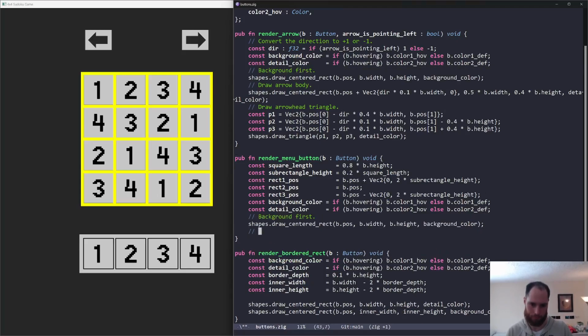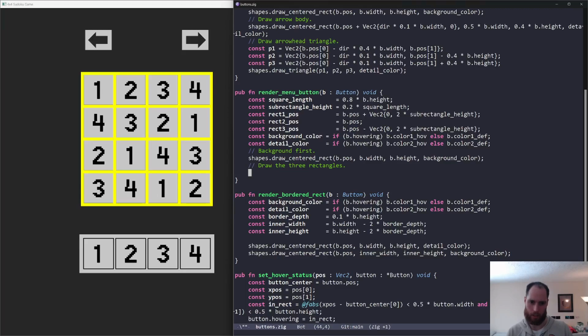This one, draw the 3 rectangles. And then for this we want to just, similarly, draw a centered rectangle. But now the rect1 pos, and then the square length, and then the rectangle height, and then the detail color, and then